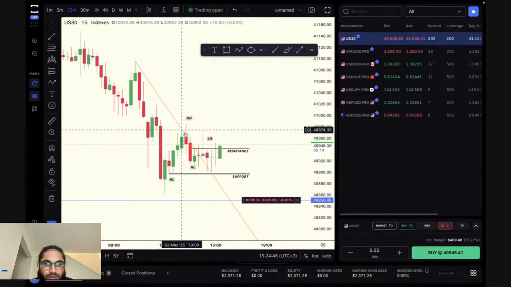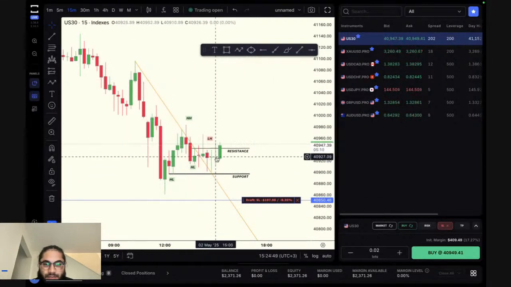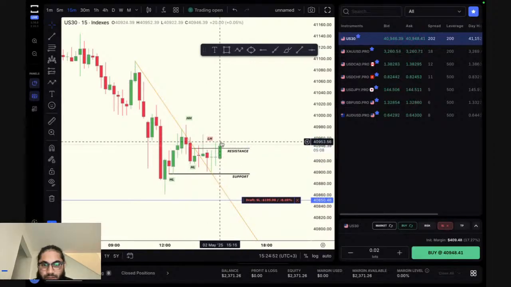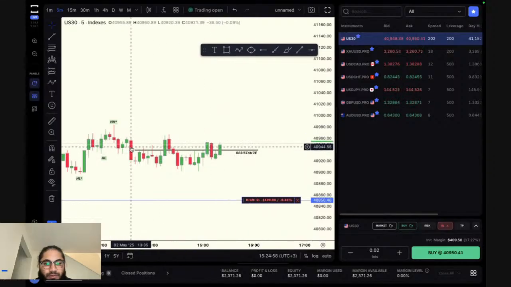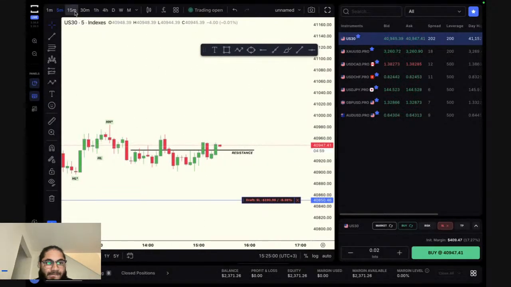Like I said, one confluence is just this break of trend line right here. My second confluence is this closure above. My third would be a candle above to confirm this break of resistance. And from there on out,